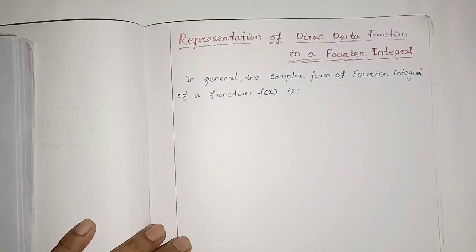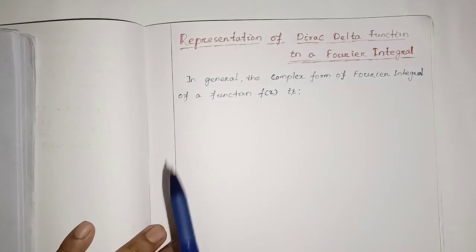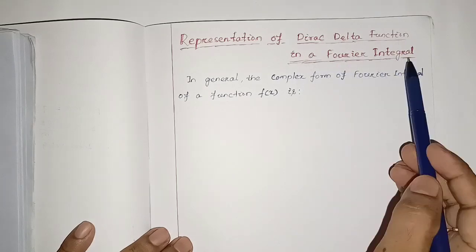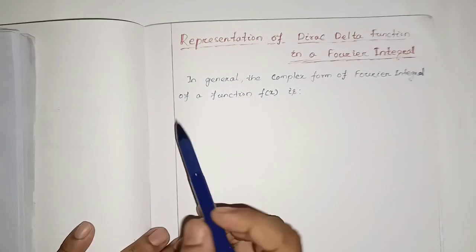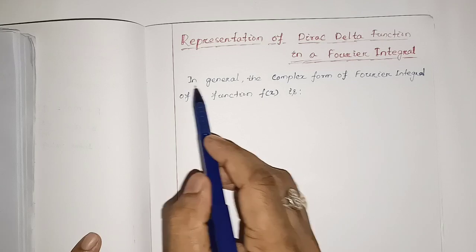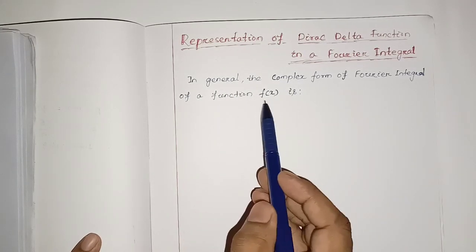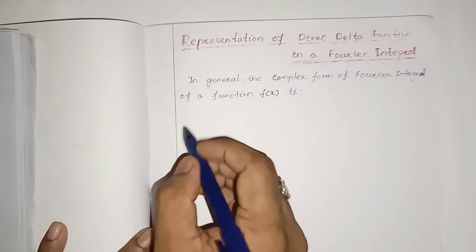Okay, hello everyone. In this video, we are going to discuss the representation of the Dirac delta function in a Fourier integral. We know that in general the complex form of the Fourier integral of a function, suppose f(x), is written as